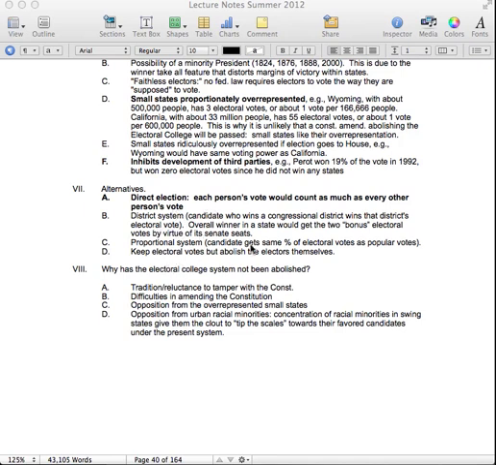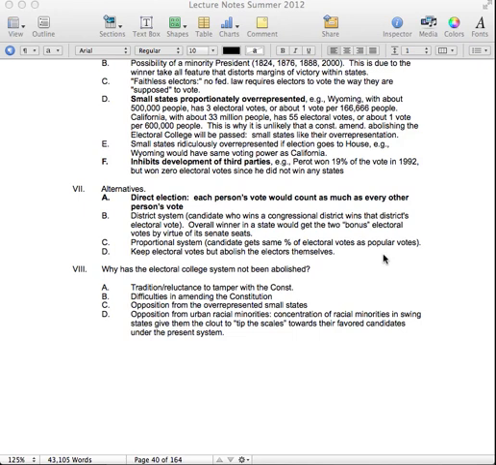Proportional system: the candidate gets the same percentage of electoral votes as popular votes, which means that if I got 10% of the popular vote, I get 10% of that state's Electoral College vote. Or keep Electoral College votes, but abolish the electors themselves,